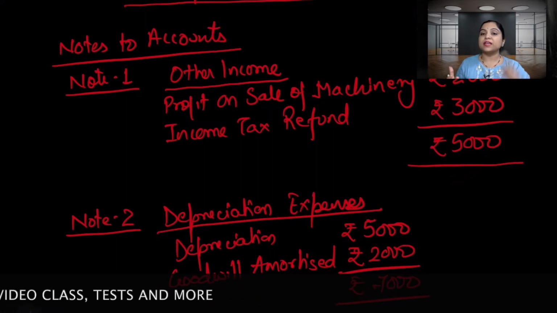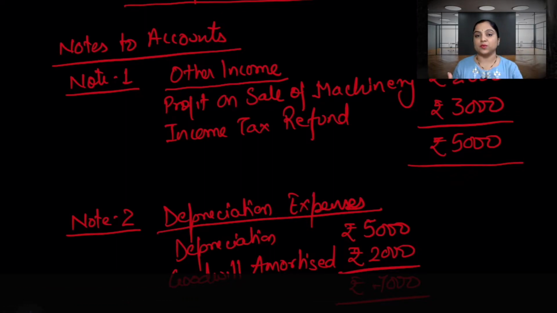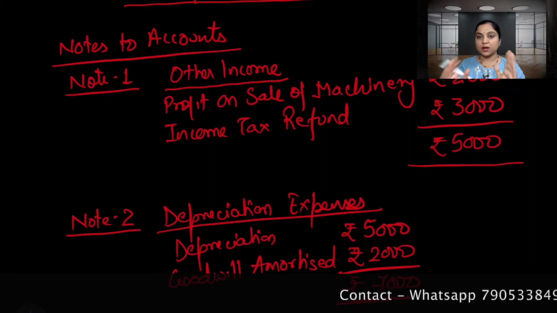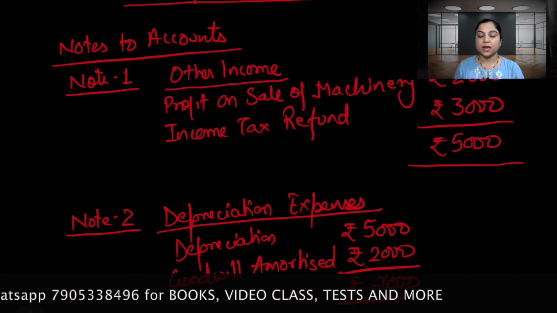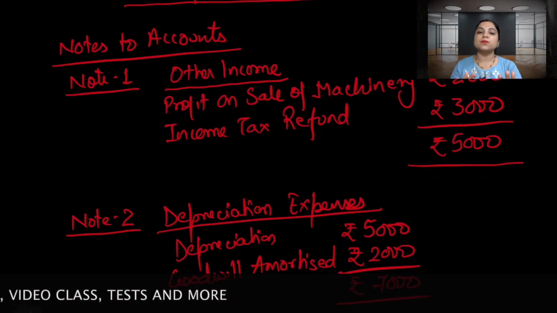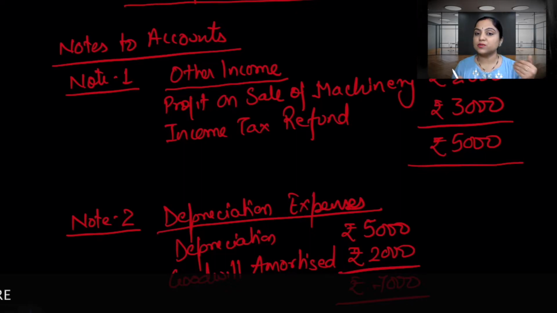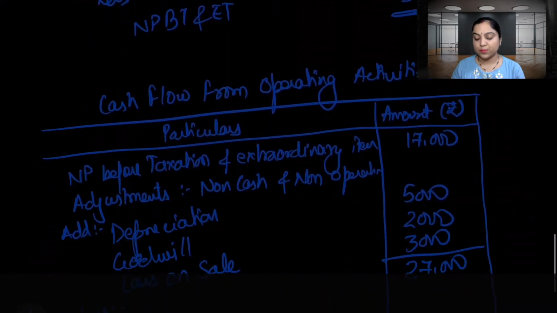Do not think in the view of trading P&L. It's a cash flow. So when you are preparing a cash flow, take yourself as a cash manager of the company and do it accordingly. You are never going to make any kind of mistake in that case. So profit is merely a book entry. Just reduce rupees 2000 because it's already been added there as a part of profit.